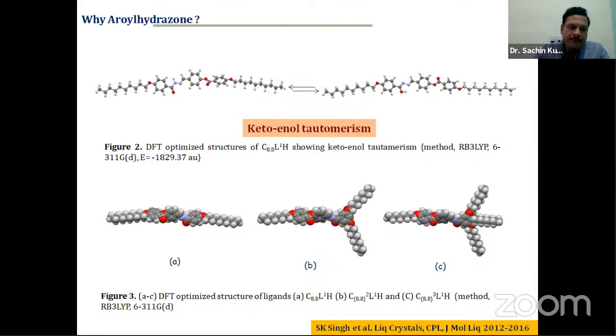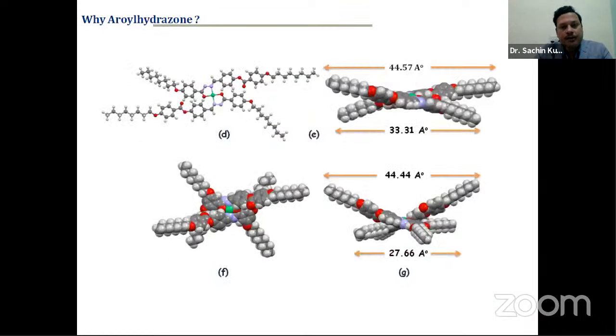Also, there is a very wide possibility of getting rod-like, disc-like, hemi-disc-like, and columnar molecules. So many structural features are very good: intermolecular hydrogen bonding, keto-enol tautomerism, and the possibility of molecular engineering, and a wide possibility